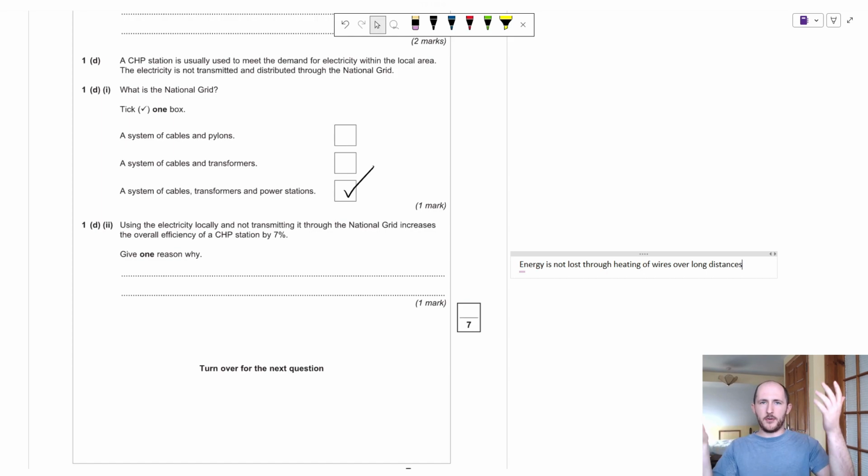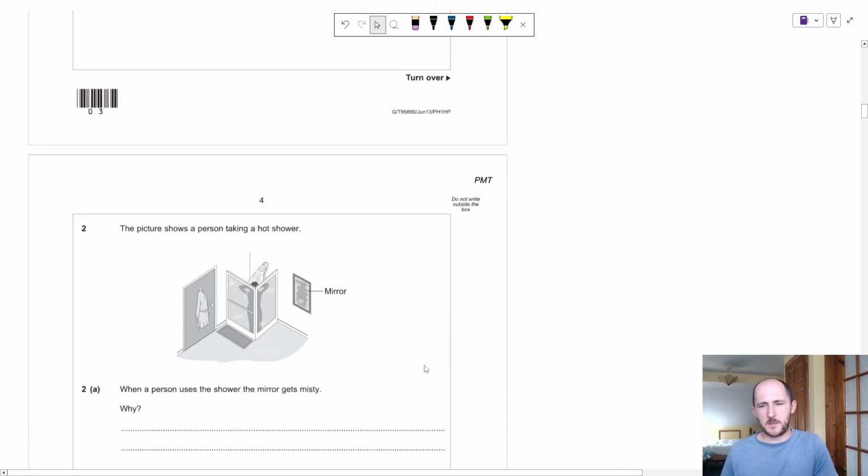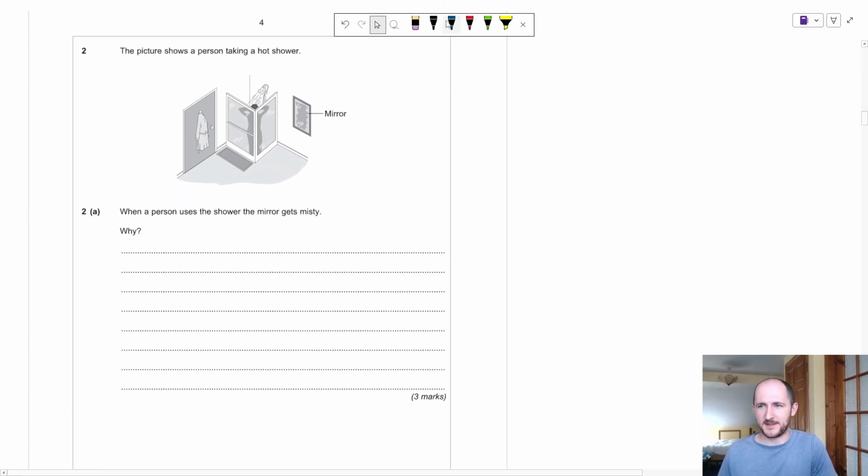So if you imagine that we produce the energy in, let's say, Scotland, and then we pipe it all the way down into London, for instance, over that long distance, it's going to heat up the wires inside, which is waste energy. I don't know why I'm explaining this. I don't know if this is useful. I should just be answering the question to see how quick I can do it. So